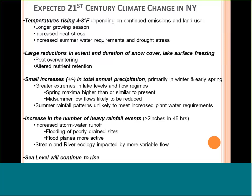We actually expect small increases in total annual precipitation in this area. That's most likely to come in the winter or early spring. There's not a lot of confidence in those precipitation predictions. We probably, if you put it all together, would expect that we'll still have a very wet winter and spring season. Lake levels could be higher at their highest point than in the past. But midsummer low flows are likely to be reduced further than they are today. So there'll be perhaps a greater range of lake levels and flow levels in rivers and streams throughout the whole season. And then, again, summer rainfall patterns are not likely to meet the increased plant water requirements in these longer,